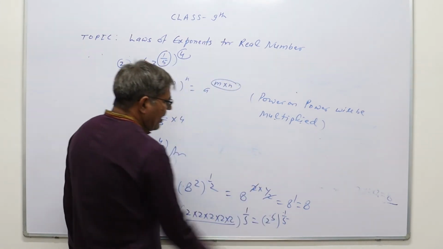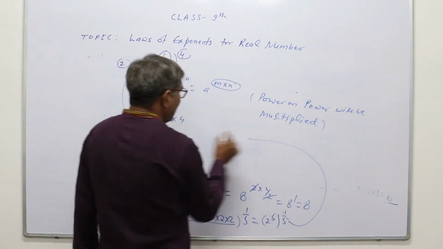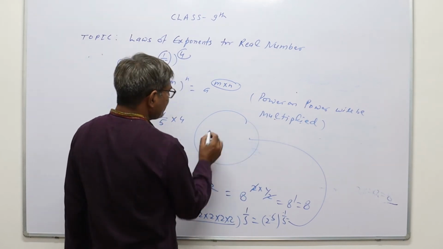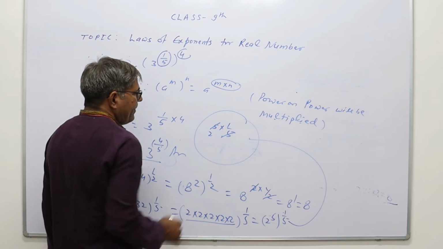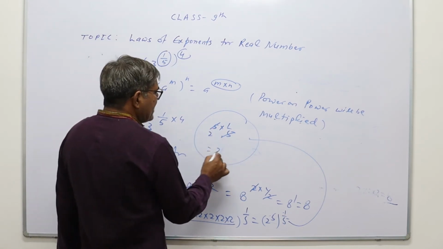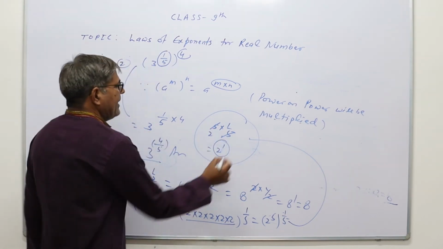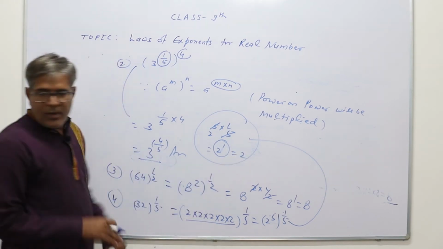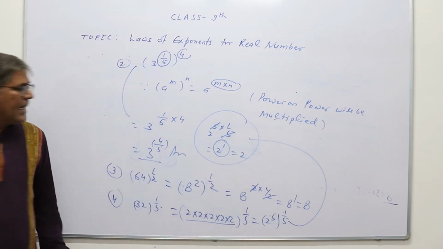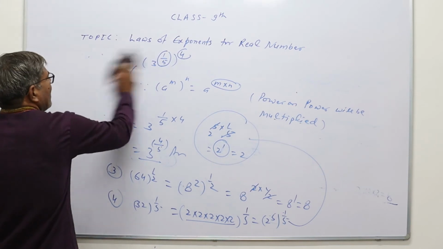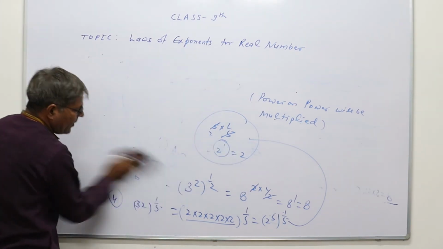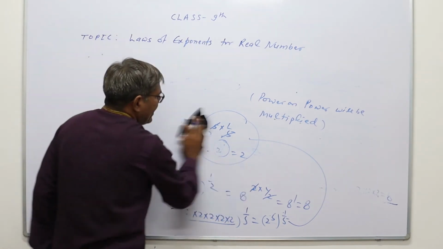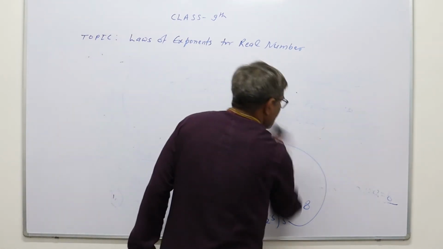Now power on power will be multiplied. So it will be equal to 2 raised to the power 5 into 1 upon 5. The 5 will cancel with 5. So remaining is 2 raised to the power 1, that is equal to 2. So in this way, using power on power will be multiplied, that's the second law of exponent, we can solve the given problem. So next,